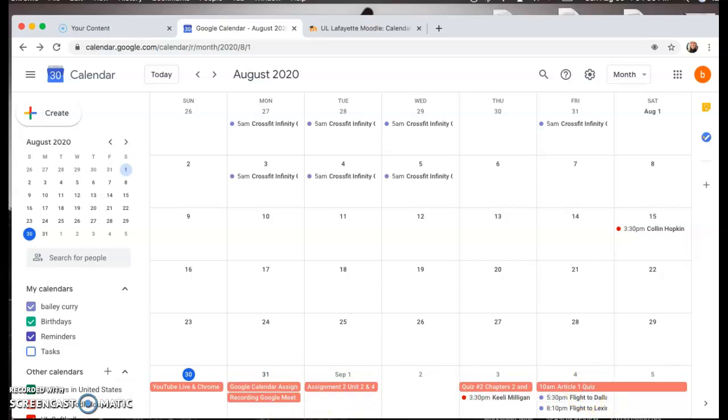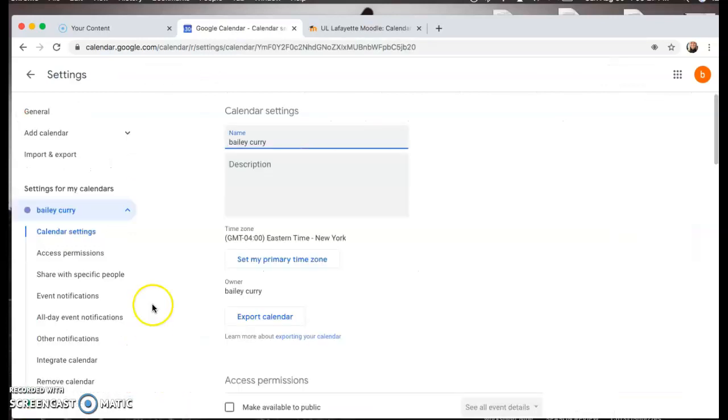Next, we will be looking at how to share with others. So if you have somebody that is asking to see what your schedule is and you want to share your calendar, you go over here where it says My Calendar, and it has your name, birthdays, reminders, tasks, like I previously said. You will go to your name, go over here to the three little dots, and it says Options for Bailey Curry. We will click on that, and it'll say Display this only, Settings and Sharing, and then all these colors. We will click on Settings and Sharing,